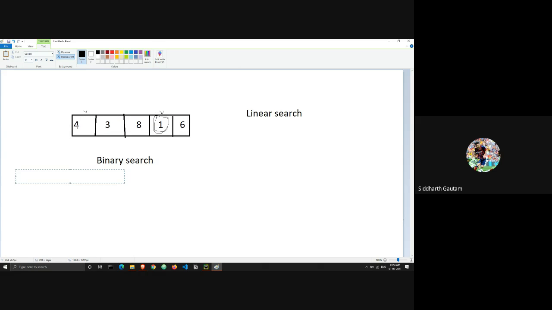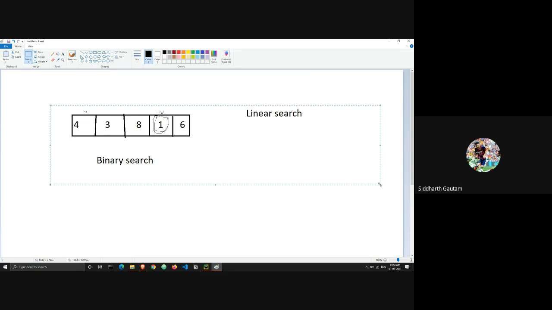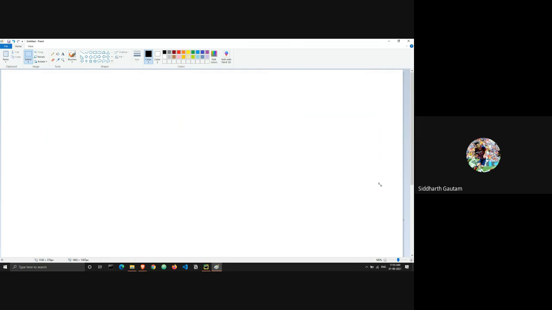Let me just remove this. Let's remove all of this and redo it. The numbers are 4, 3, 8, 1, and 6, and I will just remake the rectangle, or the list.